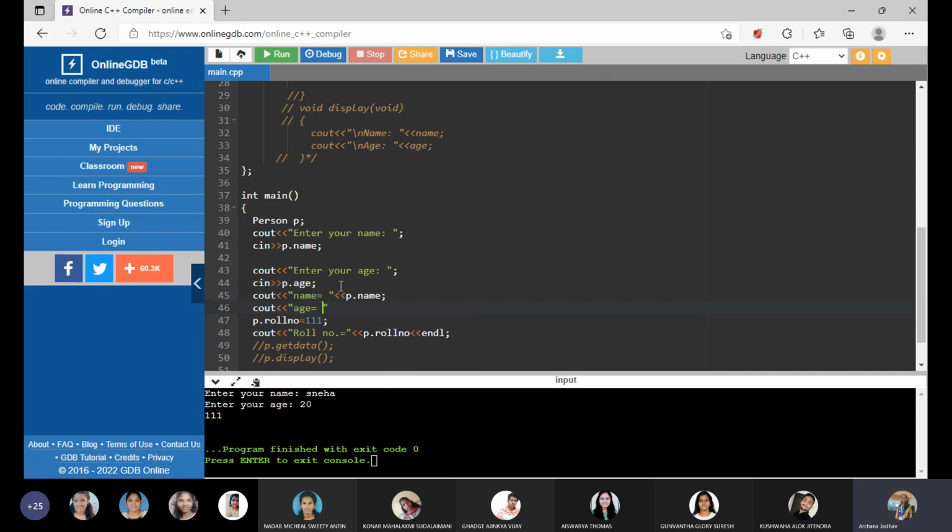Means first of all you are asking the user to enter the values and then you are printing it. Now see, if I run this program,